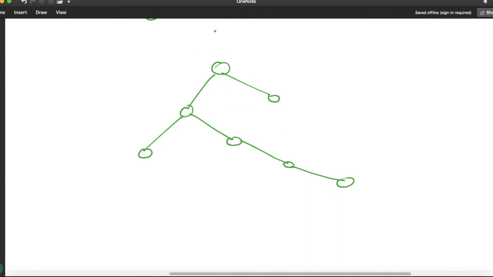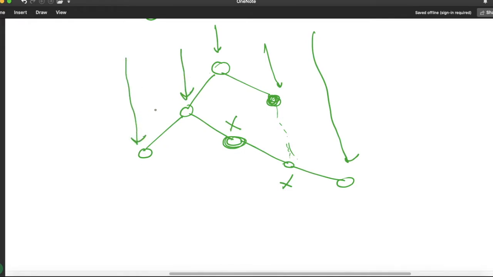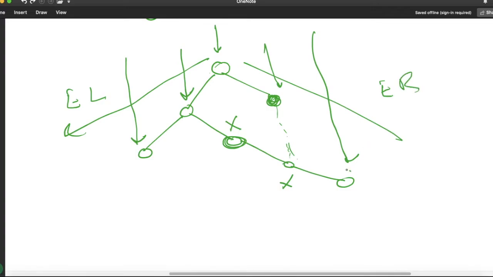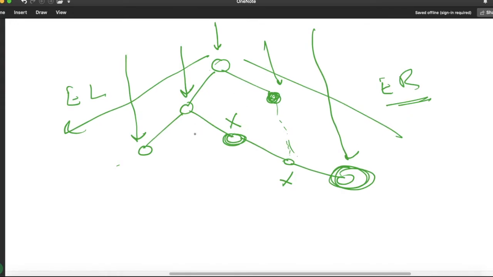Now if you see this tree from the top, we will be able to see this node, this node, this node. We won't be able to see this node, this will be hidden behind this node. This node will get hidden behind this node, so we won't be able to see this node. This will be visible and this one will be visible. Again you can see here extreme left and extreme right. So if you see here this node is a part of extreme right, so we have to apply our logic accordingly. So let us take the same tree and let me explain you the logic.